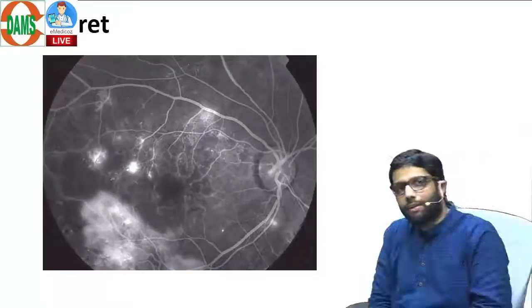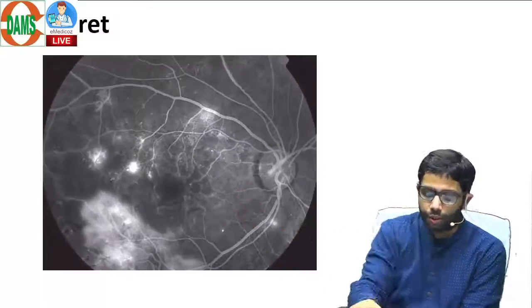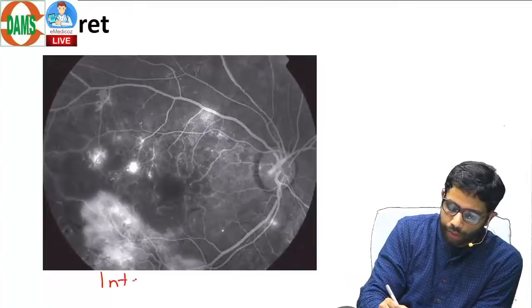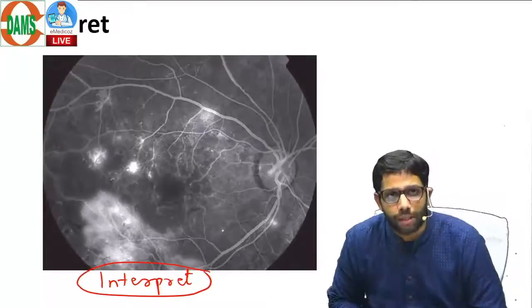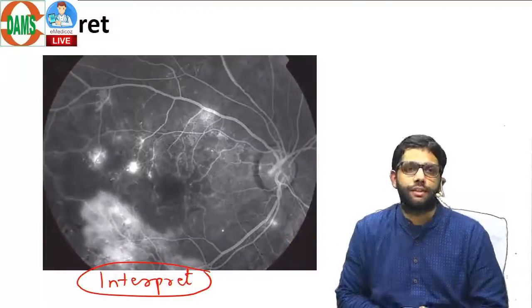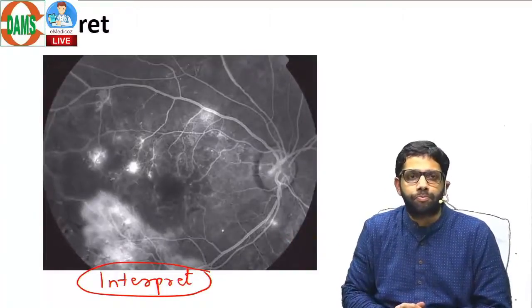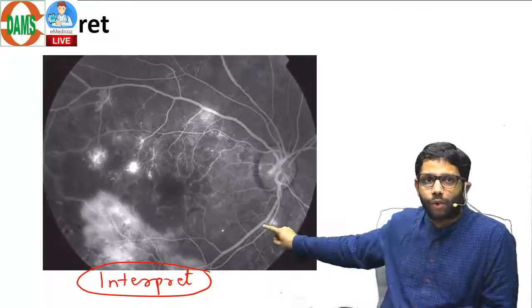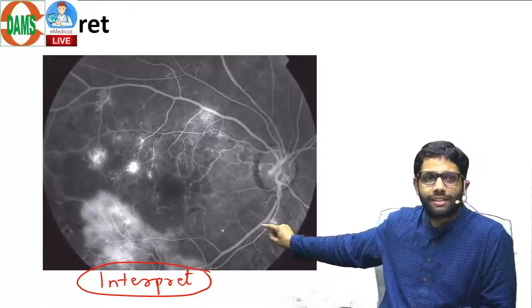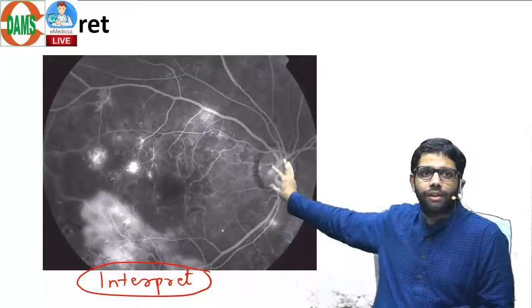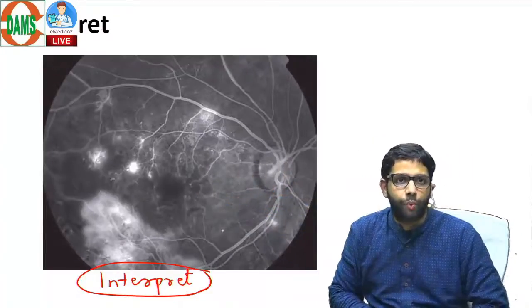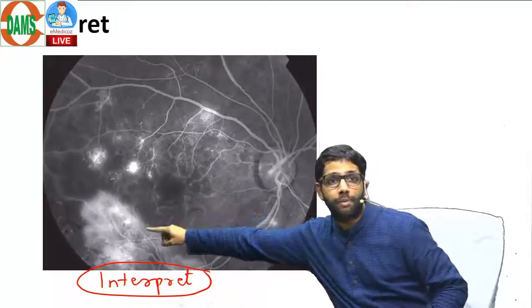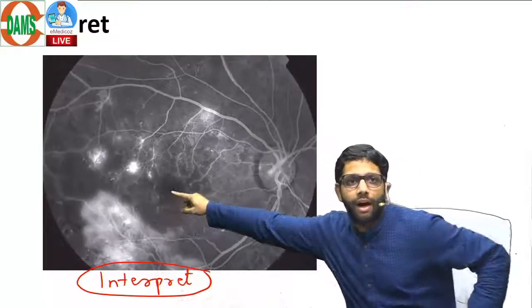And now in the Viva exam, let us see a Viva exam. This picture is given to you and you are asked to interpret this image. How do you interpret the image? Now if you have understood this session properly, you will say, is this autofluorescence or angiography? So this is angiography of the right eye, right retina of the patient, in which we can see hyperfluorescence areas and hypofluorescence areas.